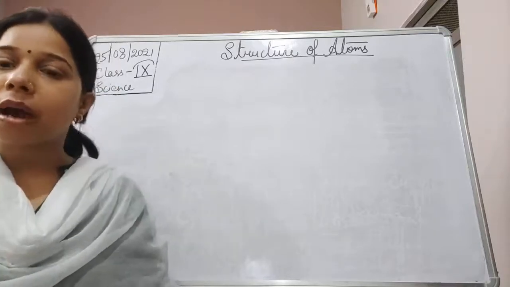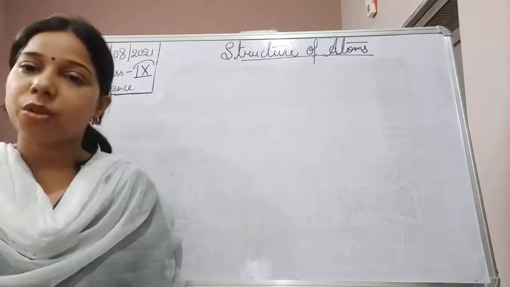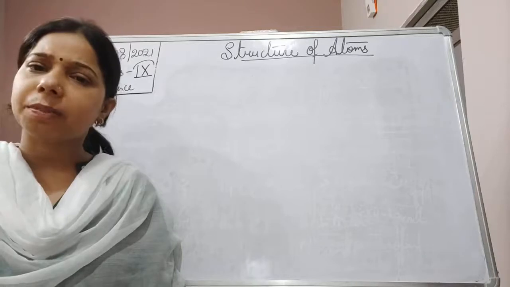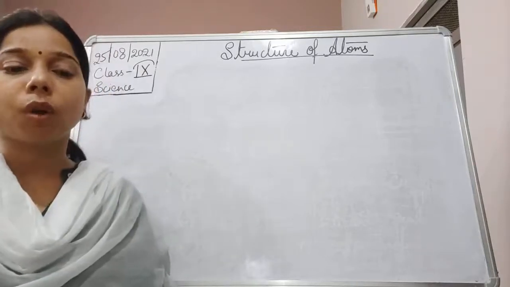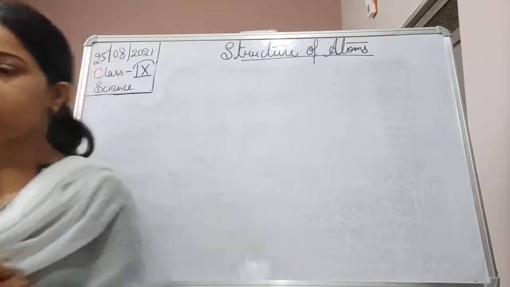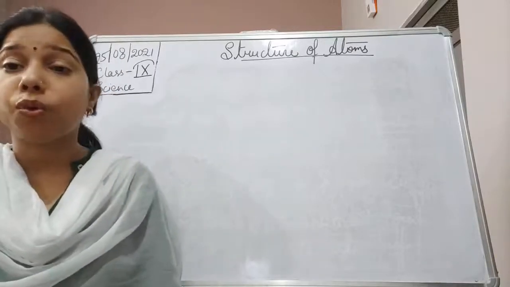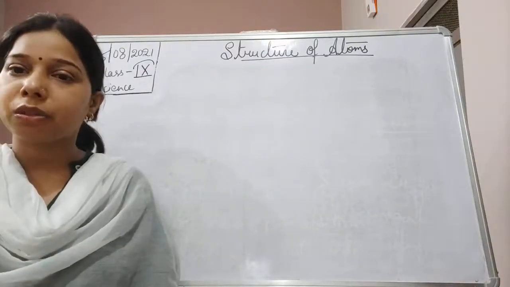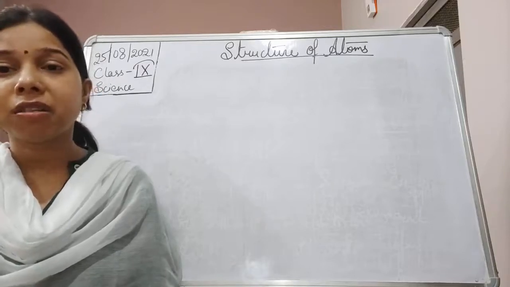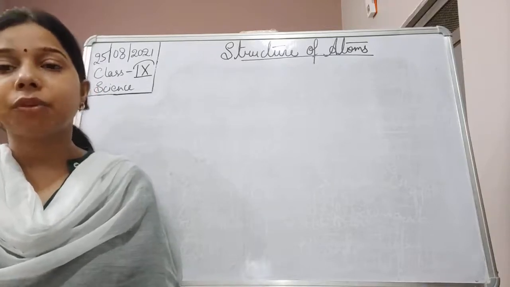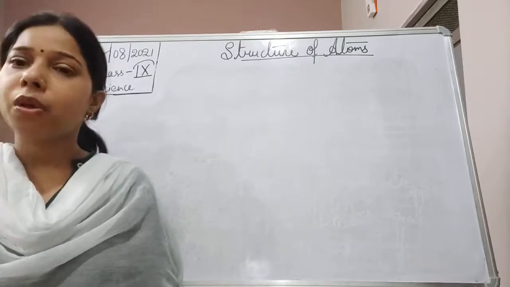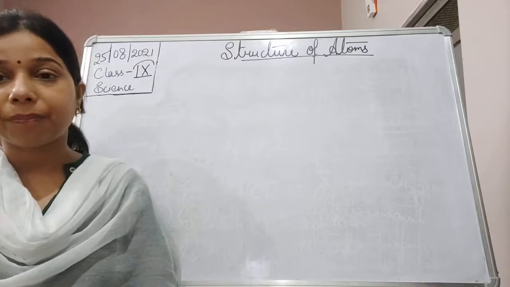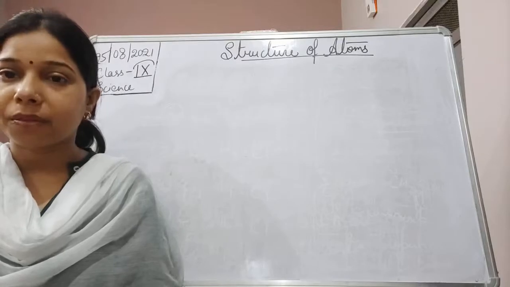Rutherford model of atom's drawback was that he does not explain the stability of the atom, which was later explained by Niels Bohr. Here he explained that every electron is actually revolving around a certain discrete orbit, and these discrete orbits have their own energy level. So he said that if the electron is moving in a certain energy shell, its energy is fixed there, so it is very easy for the electrons to revolve around it, and there will be no loss of energy while the electron is moving, and ultimately they do not collapse.